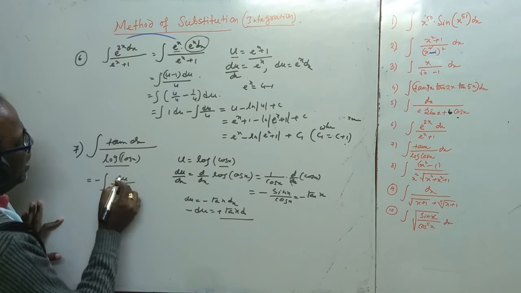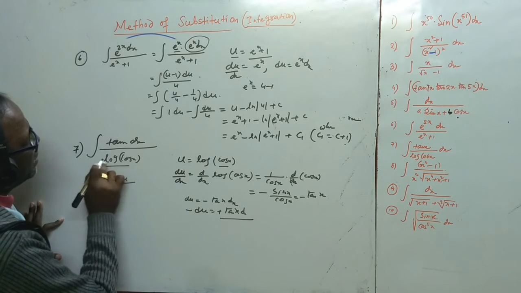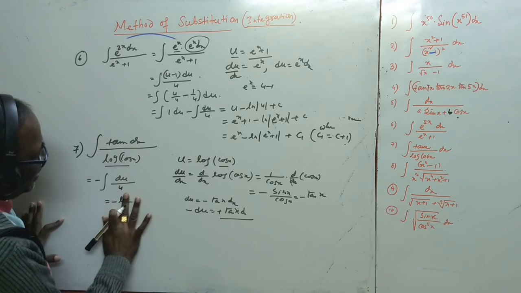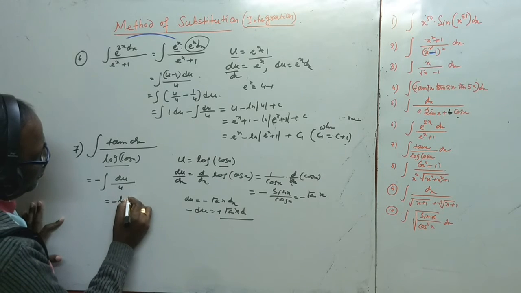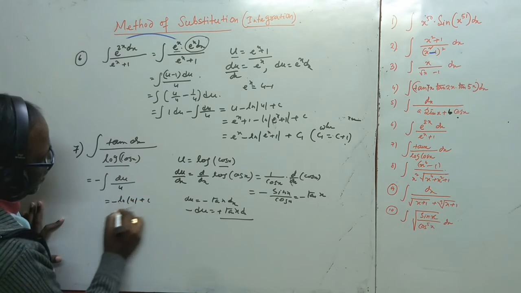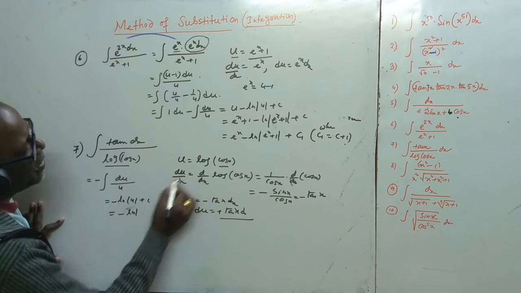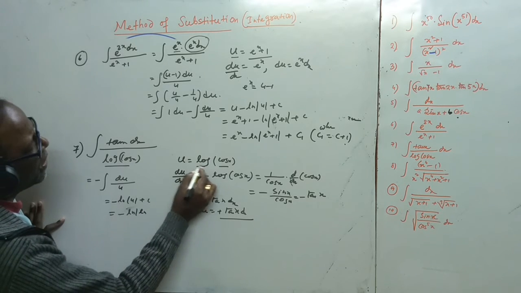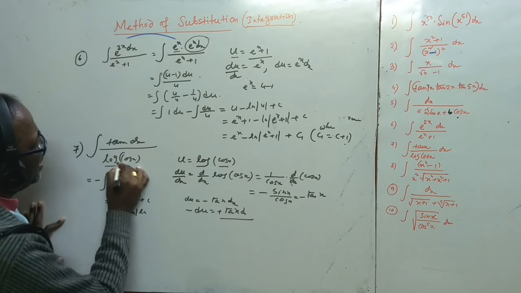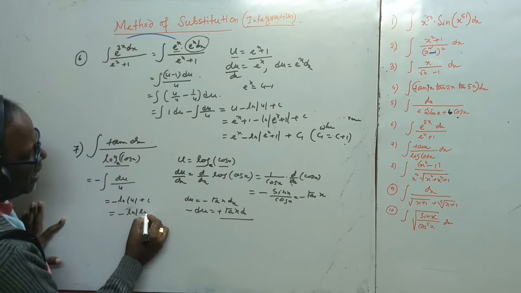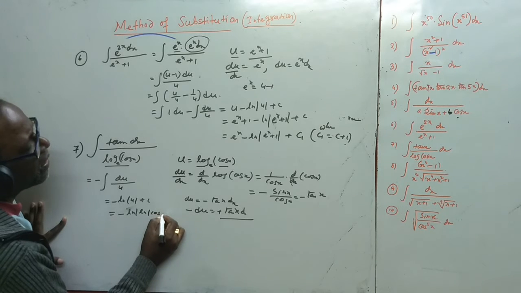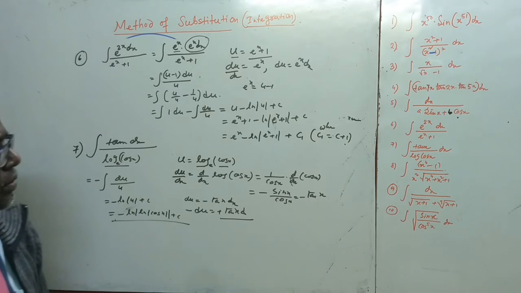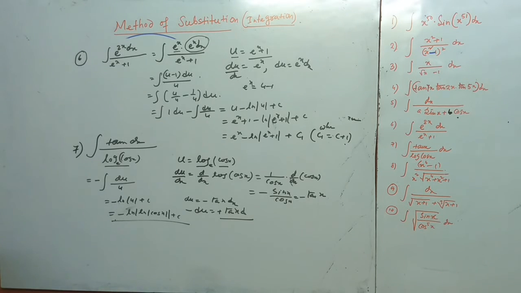If you start at a preliminary stage, this is u and this is log u, and ln we can write ln u. This is the general form, log mod u plus c. So minus ln u means this whole thing is a log of log, here you can write ln, plus c. This is your answer. And now go to the problem, question number 8, and this is an interesting last one.